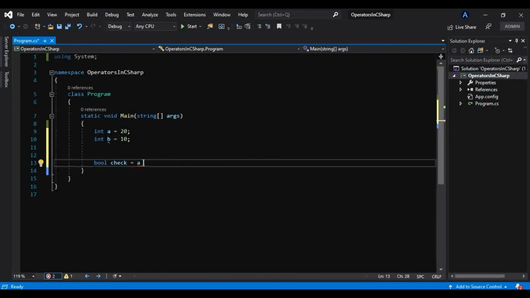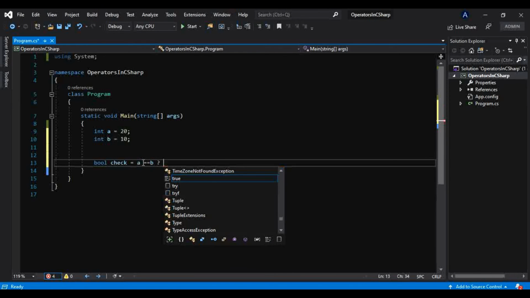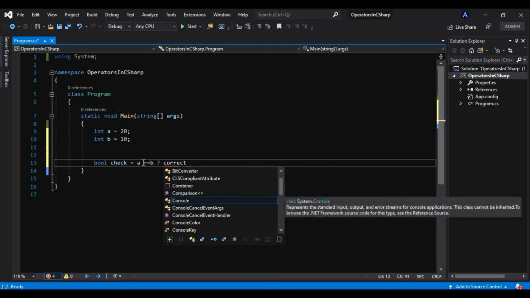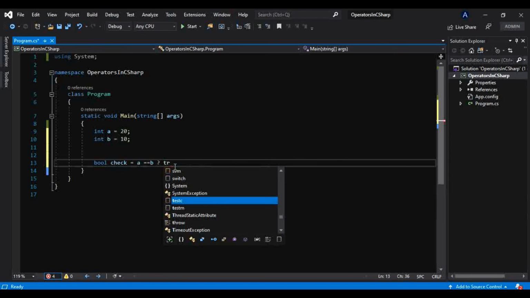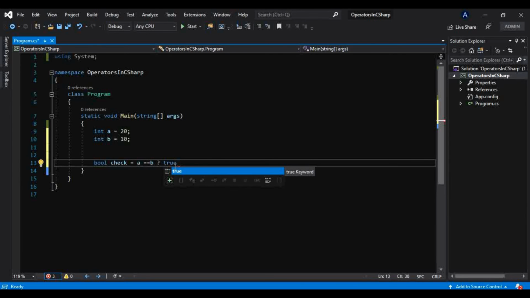If this a equal to b, then print true, otherwise print false. So that is also a way we can write that down in a single line.